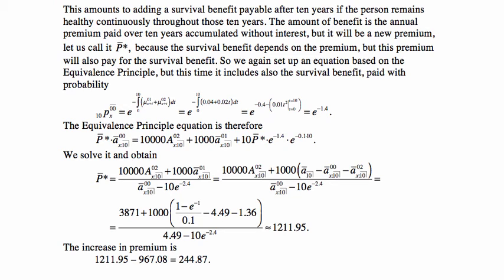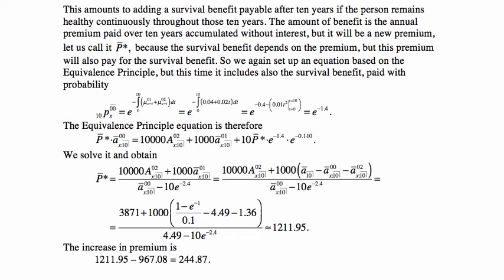Now, we set up the equivalence equation, and what do we get? Well, the premium on the left-hand side, paid as an annuity while the person is healthy. Now, there's no requirement here that the premium is paid as long as the person is continuously healthy. No, it's while the person is healthy. Nothing changed in this. So it's the same as before, but it's a new premium. It pays for the death benefit and it pays for the disability benefit, just like before, but it also pays for the survival benefit. The benefit is 10 P bar star,